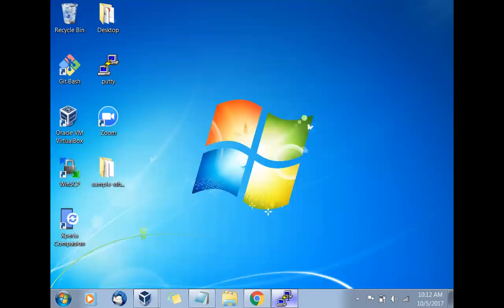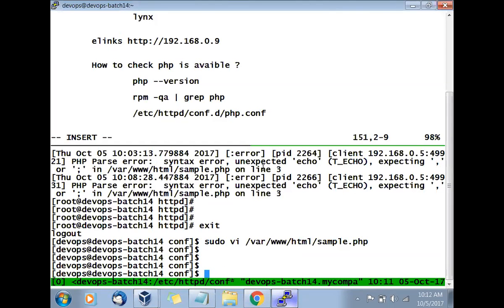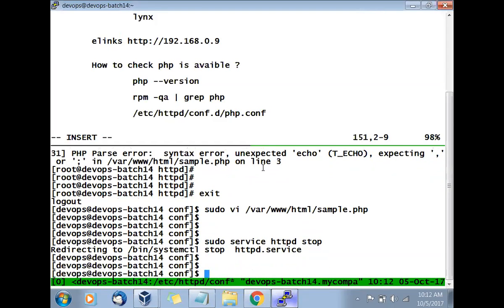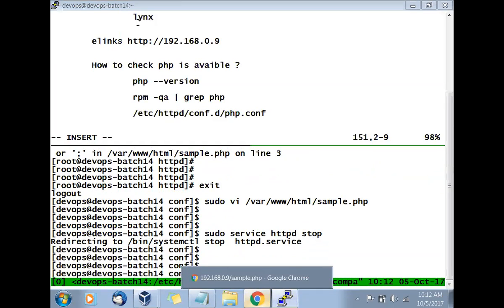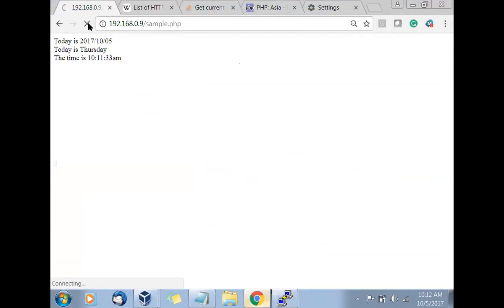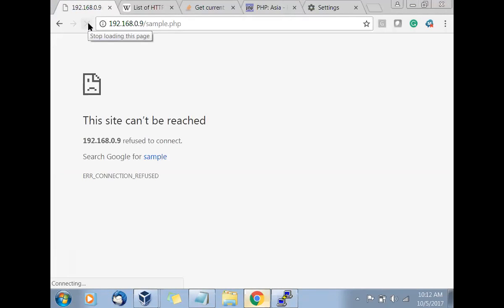Now we will deliberately stop the server. Let's see the error. What is the error? Service stop. Now I'll go and refresh. What happened? Now what is the error? Connection refused. That means now the meaning is different. Right? There is no number given saying a specific thing. It says, hey, error, connection refused, because I am not able to connect to the server.